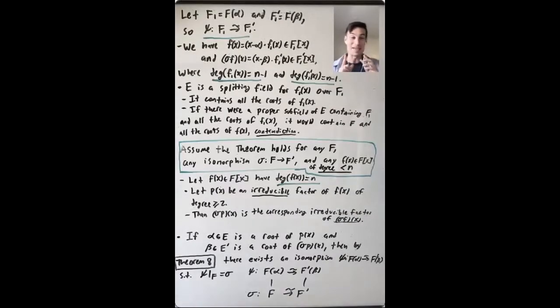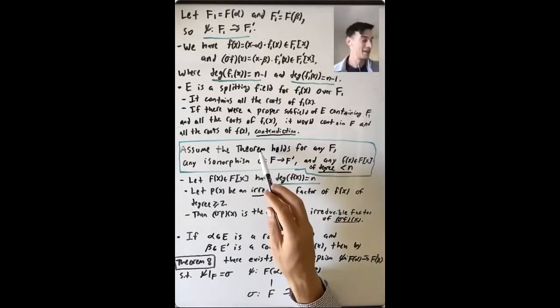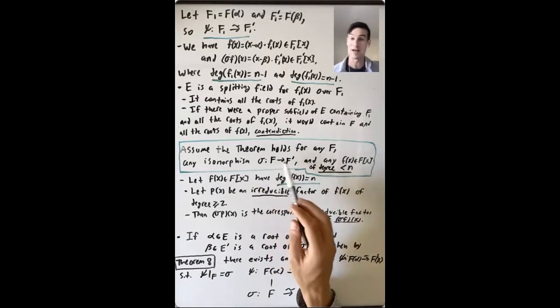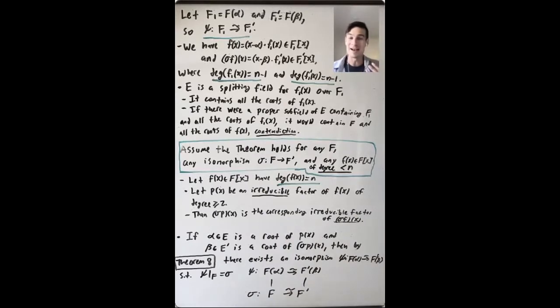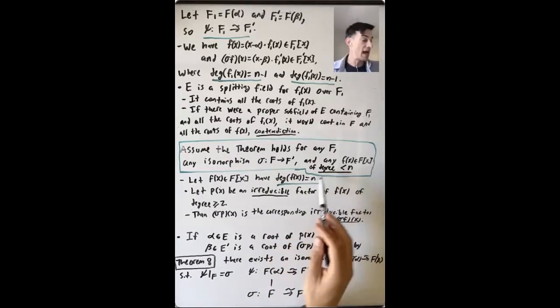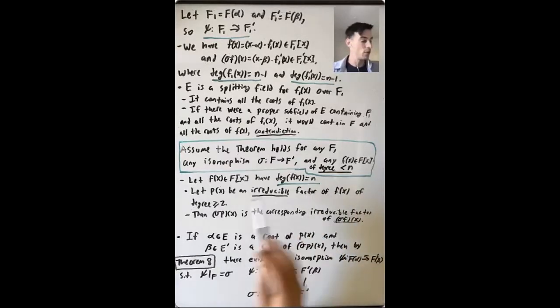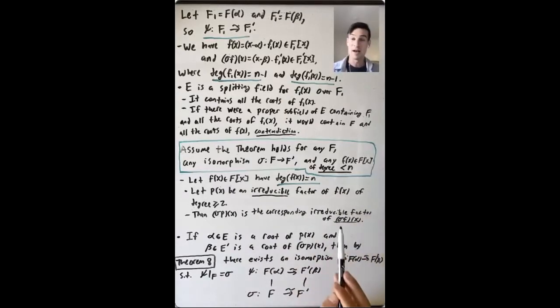First, I want to say that there is something missing from this induction hypothesis here that's really important. That we want to assume that this theorem holds for any F, any isomorphism sigma from F to F prime, and any polynomial f of x in F bracket x of degree less than n. So that was the part that I didn't write in on the previous board. So now what's the idea? We have this polynomial of degree n, one more than the place where we can apply this induction hypothesis. And we have an irreducible factor of degree at least 2 and a corresponding irreducible factor of sigma of f